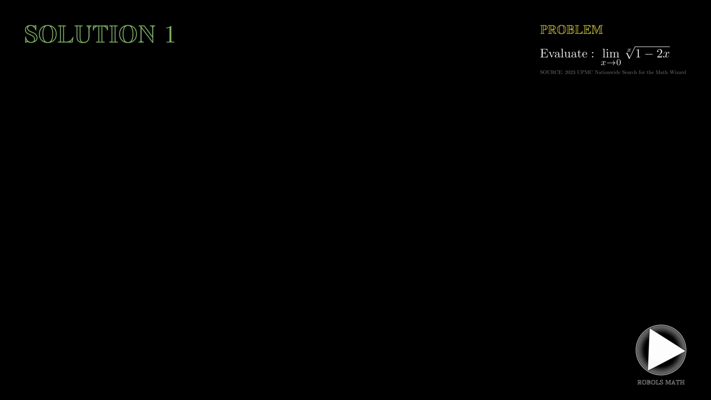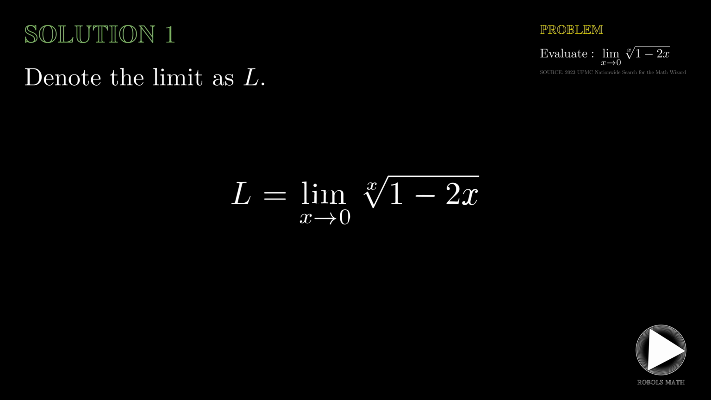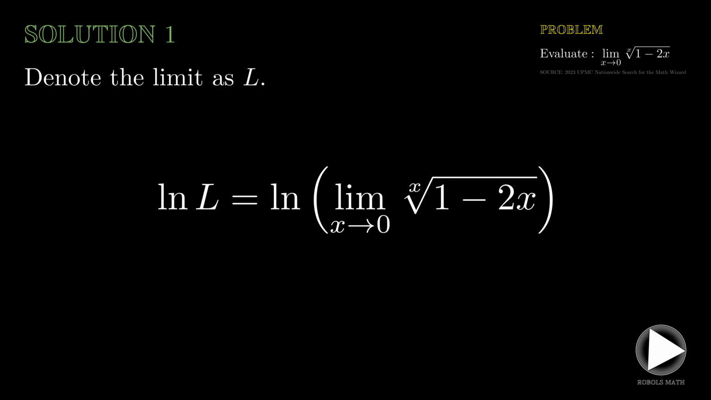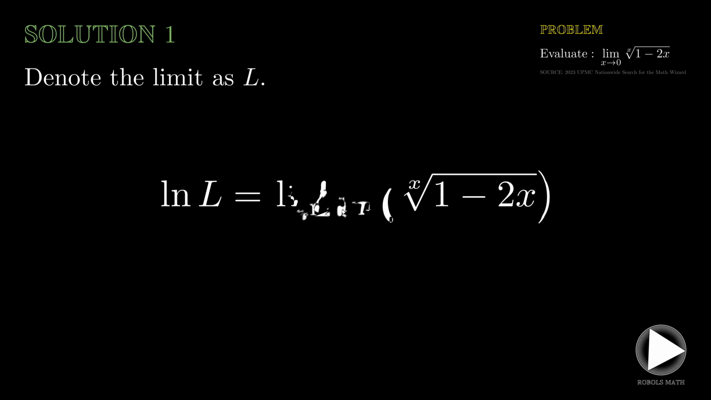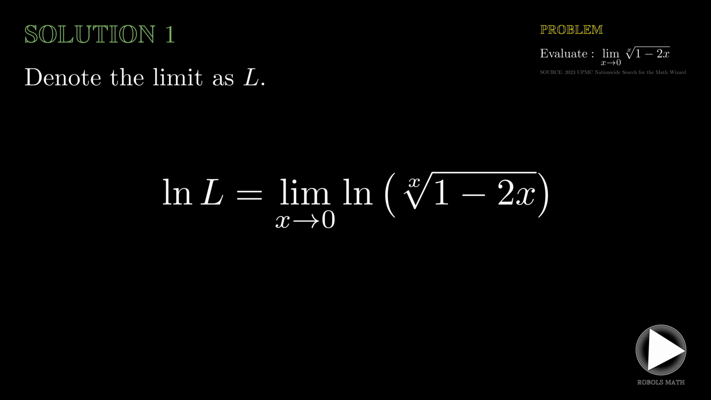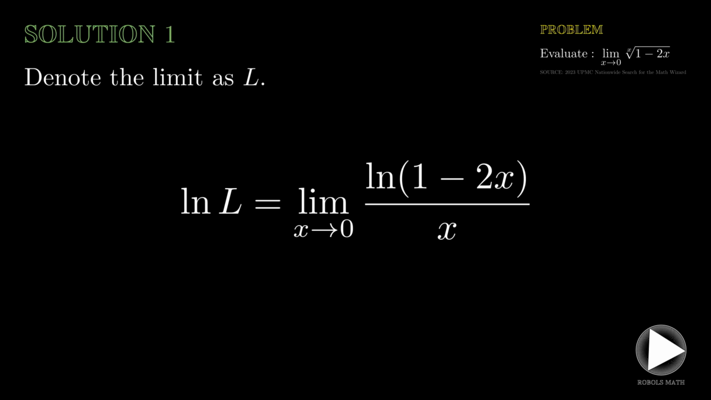For the first one, we denote the limit as L. Take the natural logarithm of this finite limit, and supposing that the limit exists, we can write the right side as the limit of ln of the expression. Note that since the x root means something raised to the 1 over x, we can simplify the expression by bringing down 1 over x, owing to the power rule of logarithms. Hence, we have the limit of ln(1 minus 2x) times 1 over x,